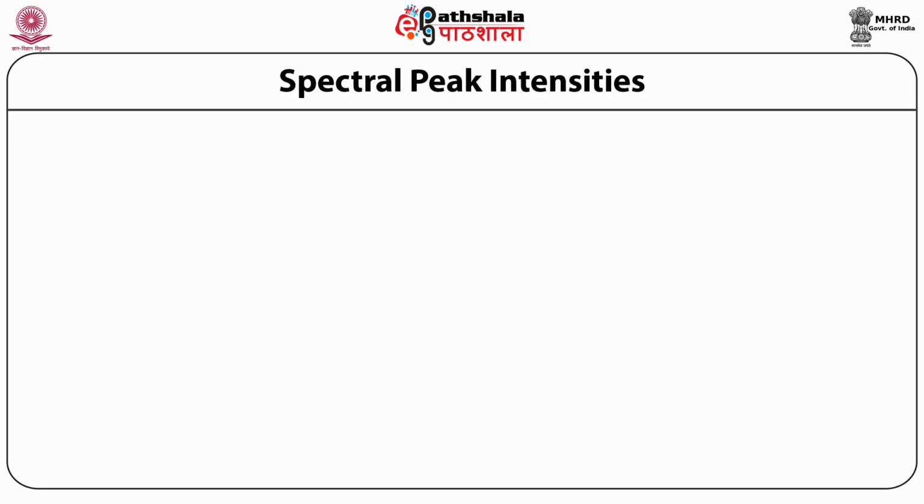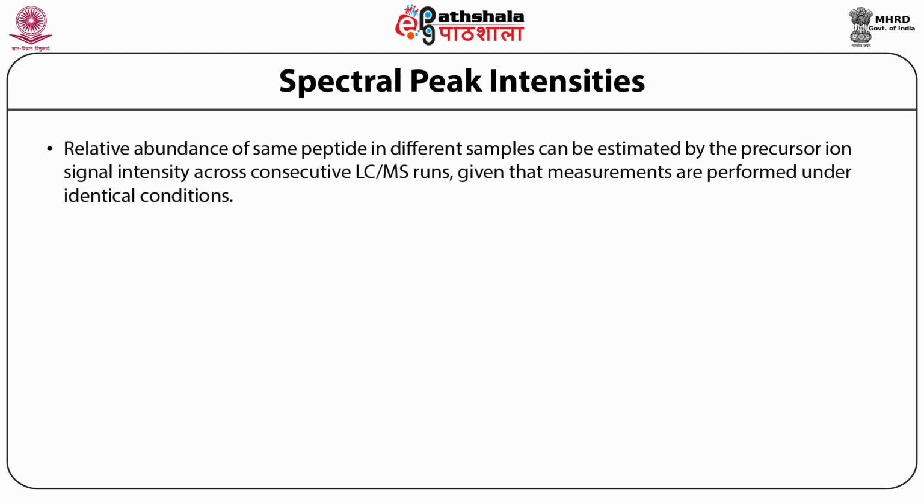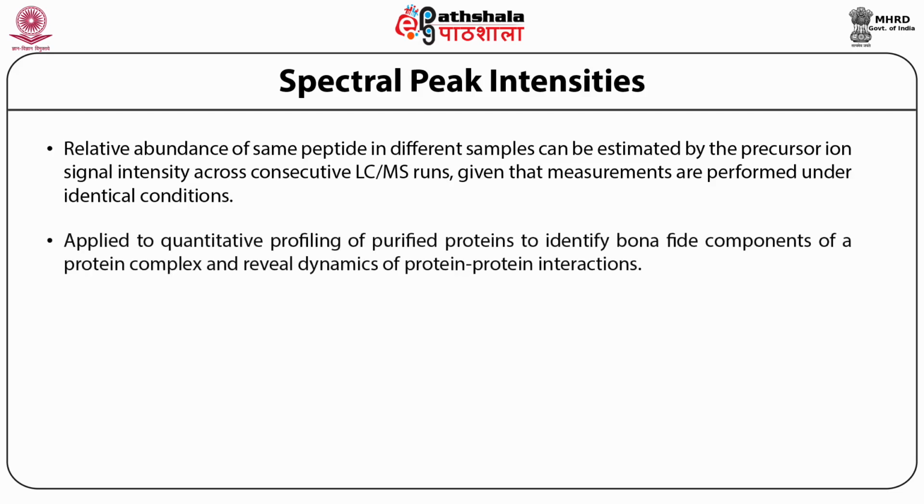Spectral peak intensity is another label-free technique for quantification. Relative abundance of the same peptide in different samples can be estimated by the precursor ion signal intensity across consecutive LC-MS runs, given that measurements are performed under identical conditions. It is applied to quantitative profiling of purified proteins to identify bona fide components of a protein complex and reveal